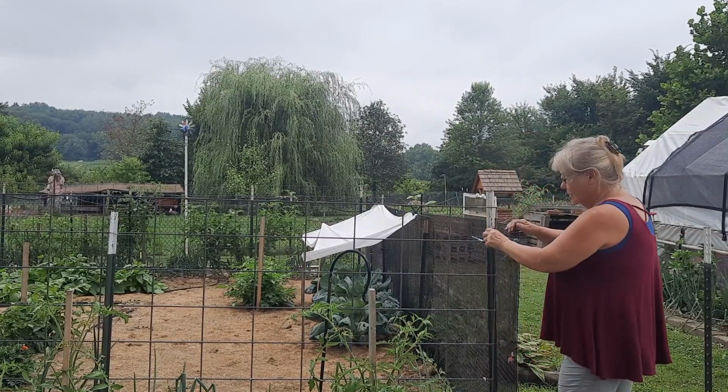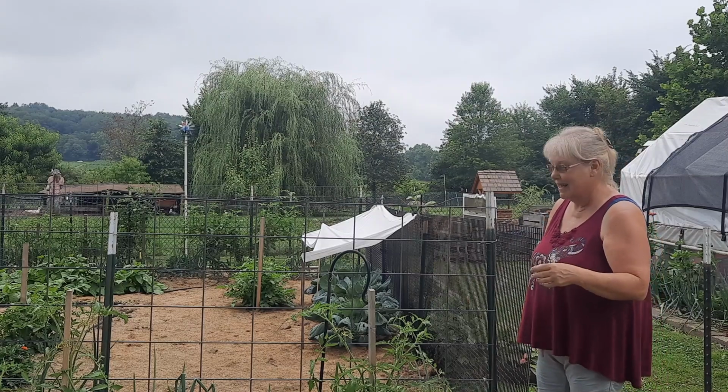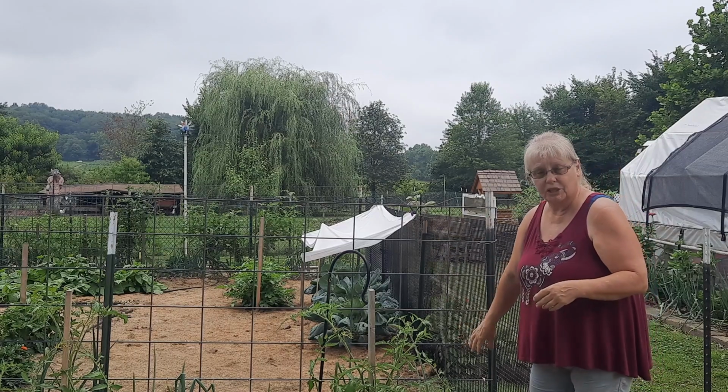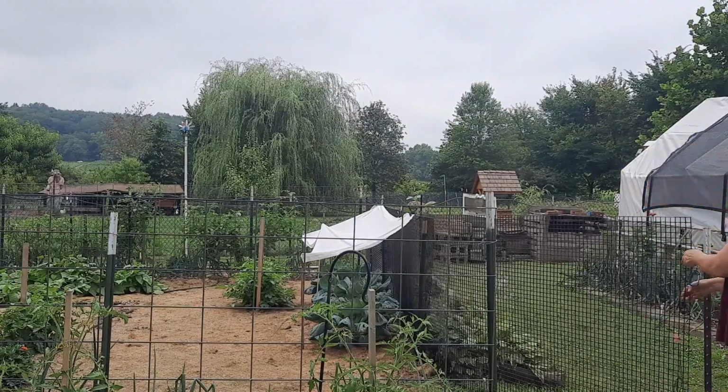I have my garden. I have all the things that the rabbits like to eat. So what I did, I made a big enclosure out of cattle panel here, and then at the bottom I put chicken wire so that way the rabbits can't get in. So inside my garden here,